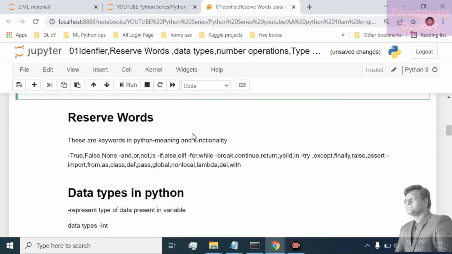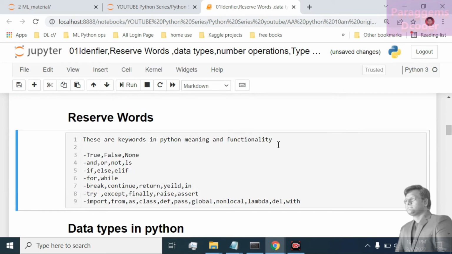Now reserved words. What are reserved words? These are keywords in Python, with a specific meaning and functionality. See, True, False, None, these are reserved words. And, or, not, is, these are also reserved words. Then if, else, elif, these are also reserved words. For, while,